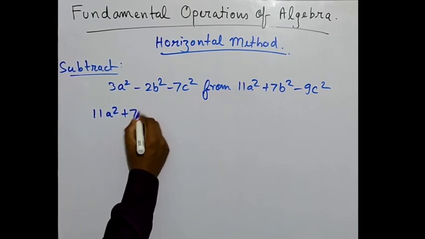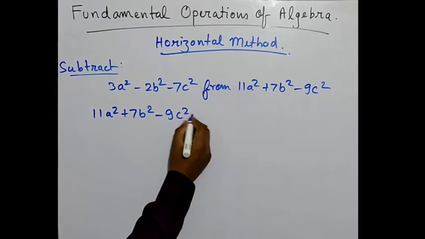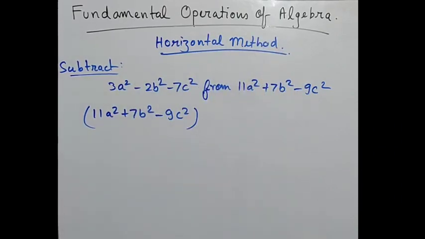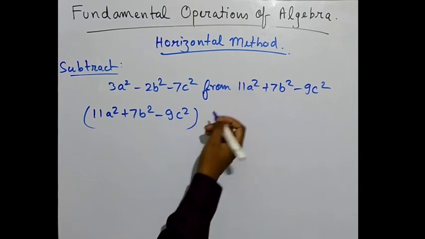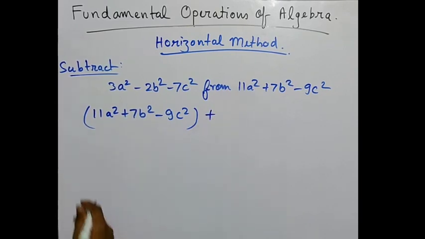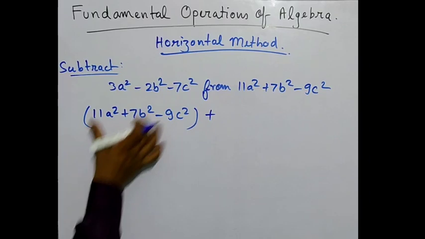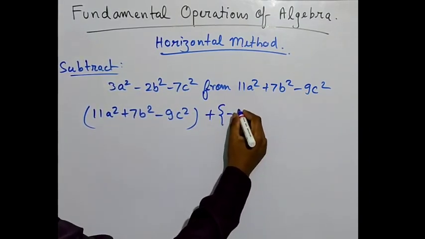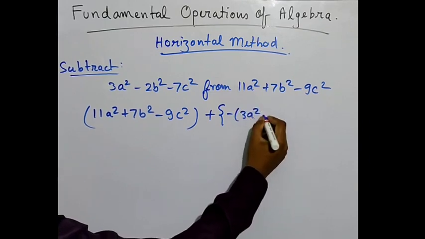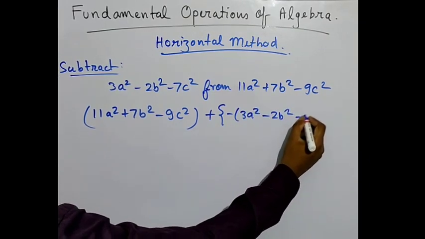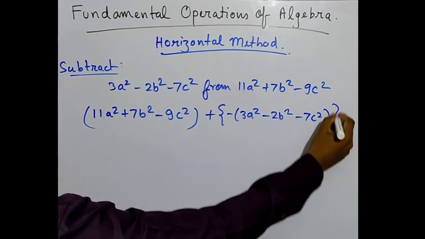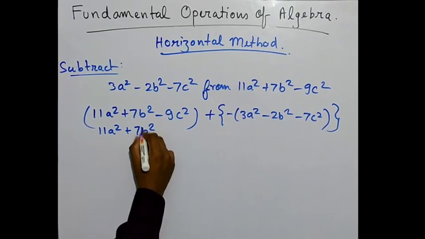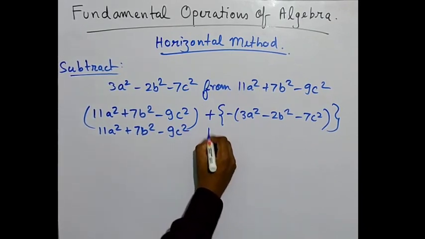So 11a square plus 7b square minus 9c square. Now this is the greater expression, right? Because we have to subtract this expression from this expression. So instead of subtracting, we will add with what? The negatives of this expression. So what will the negative of this expression be? Negative 3a square minus 2b square minus 7c square, right? So 11a square plus 7b square minus 9c square plus,